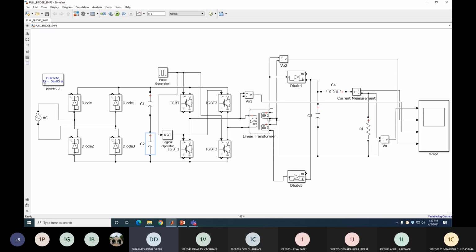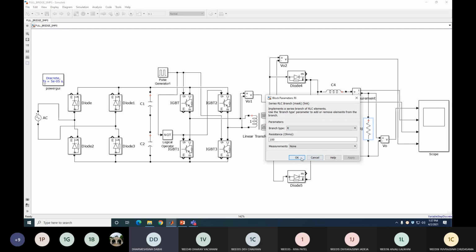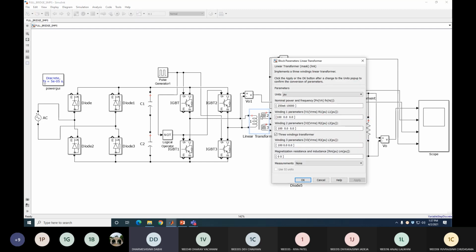Secondary side, same supply voltage. If you take the 1:1 transformation ratio, in this case the diodes come into forward bias and reverse bias, and you get the positive VS voltage across both. Here I again take the R of 100 ohm, a linear transformer with the same rating, the same frequency, 10 kilowatts, 100 volt, and make the magnetizing resistance and inductance zero to get operation like an ideal